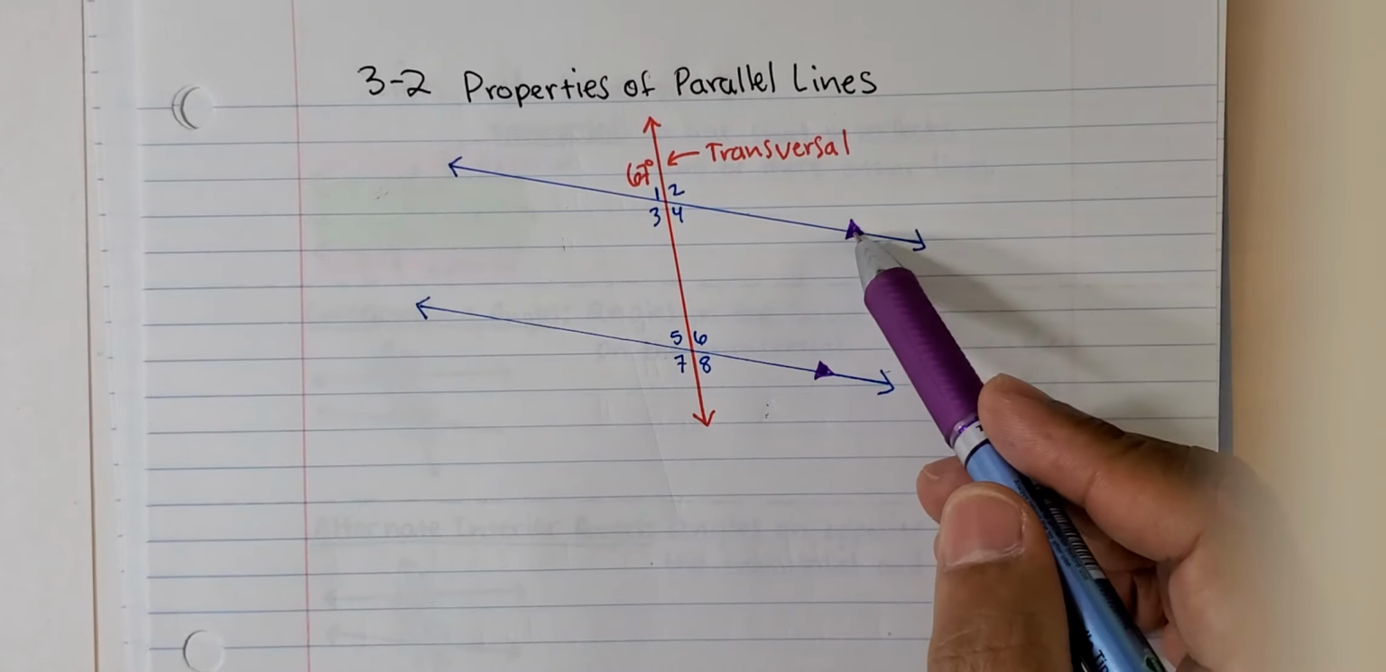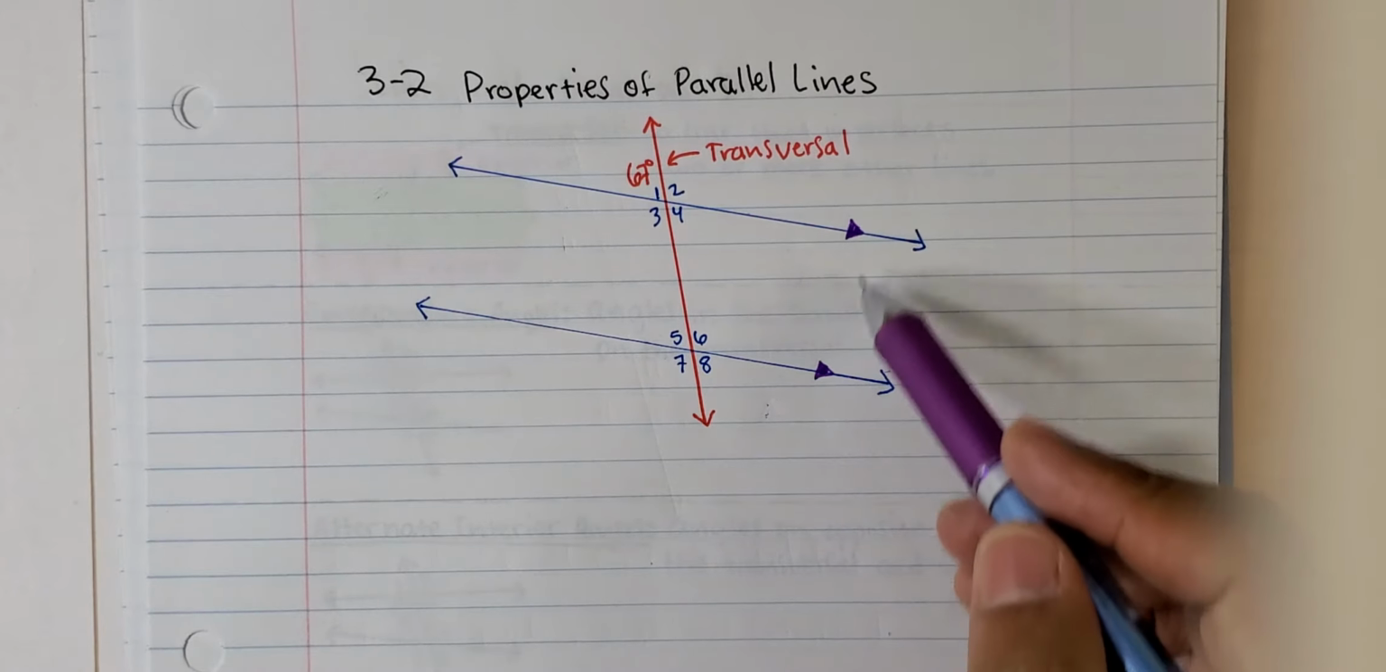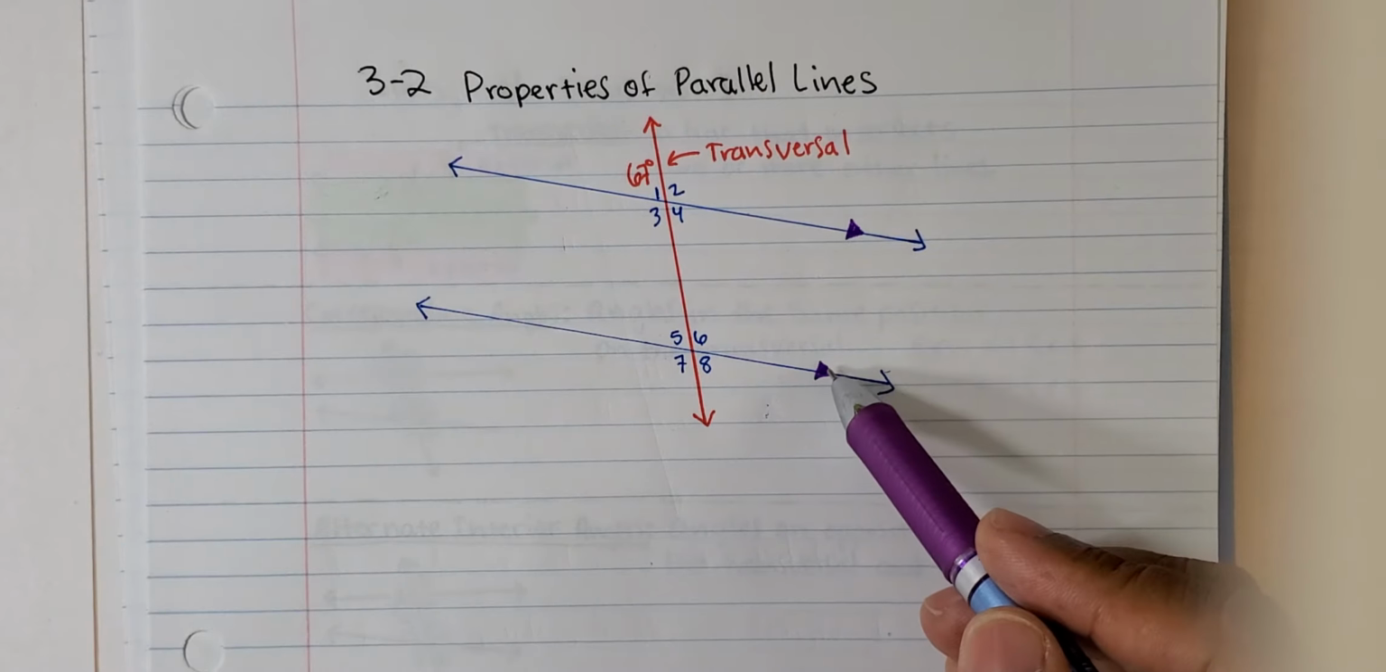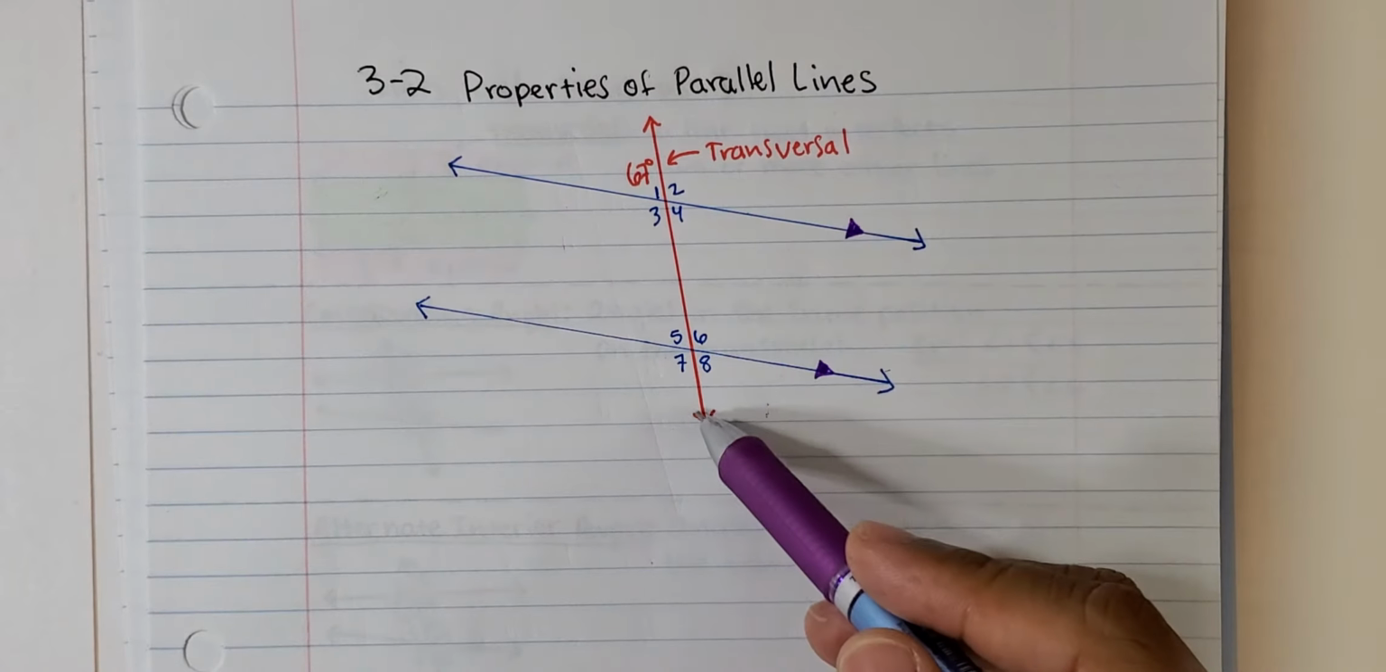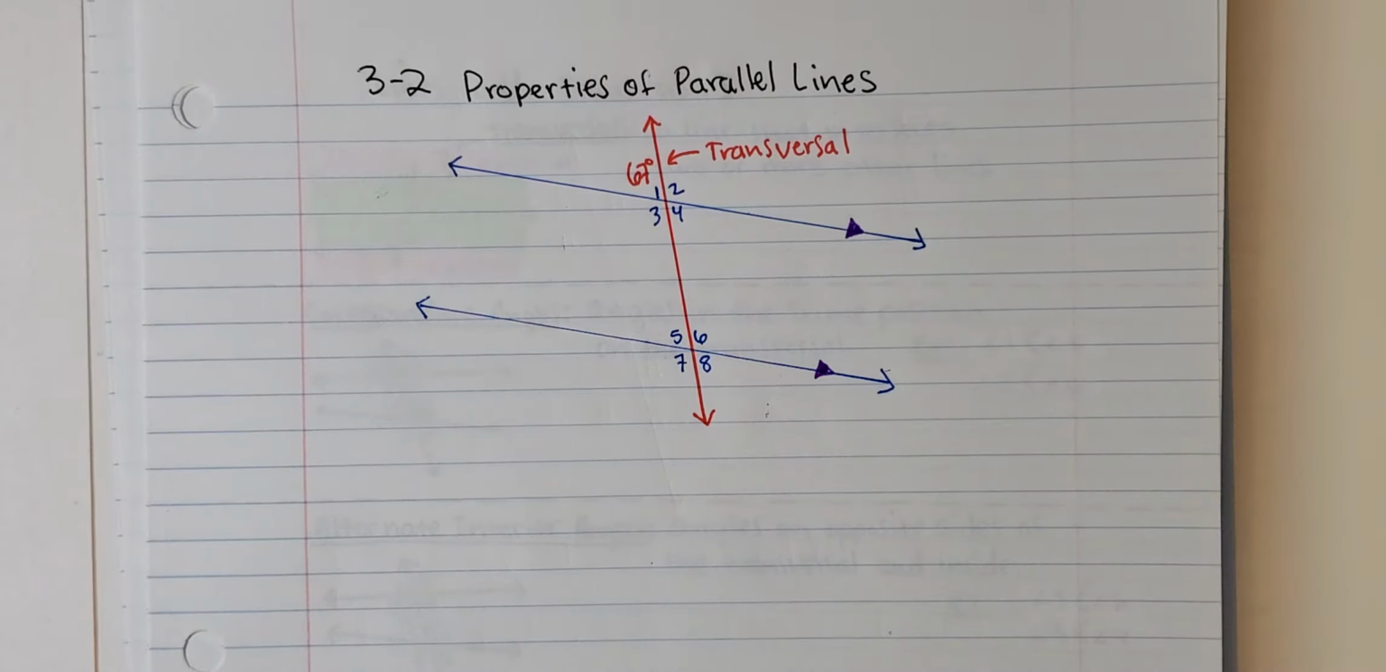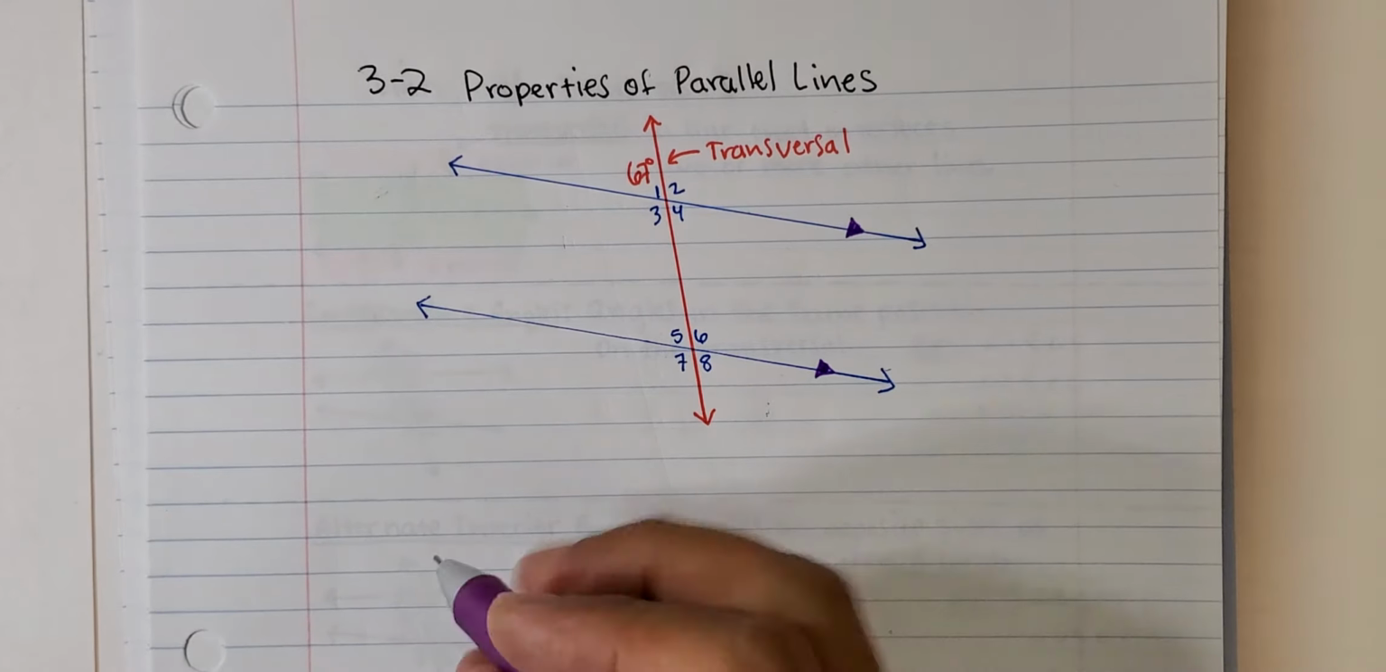Okay, so as you can see, when you see those markings here, that means that these two lines are parallel and they're being cut by a transversal. So there is a theorem that I'm going to give you next. Okay, so that theorem says that